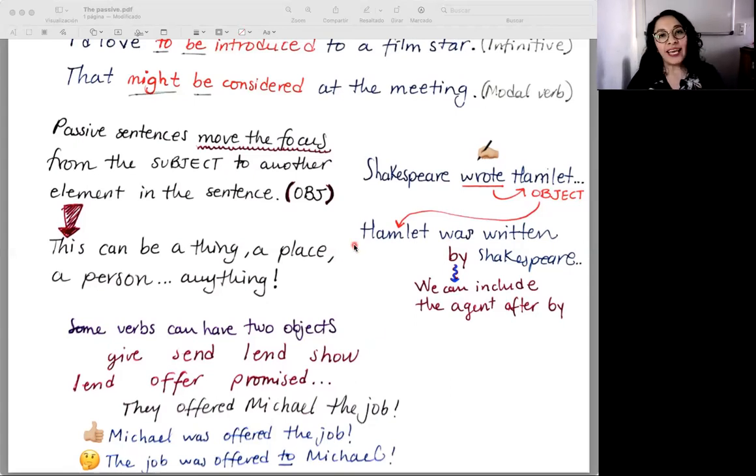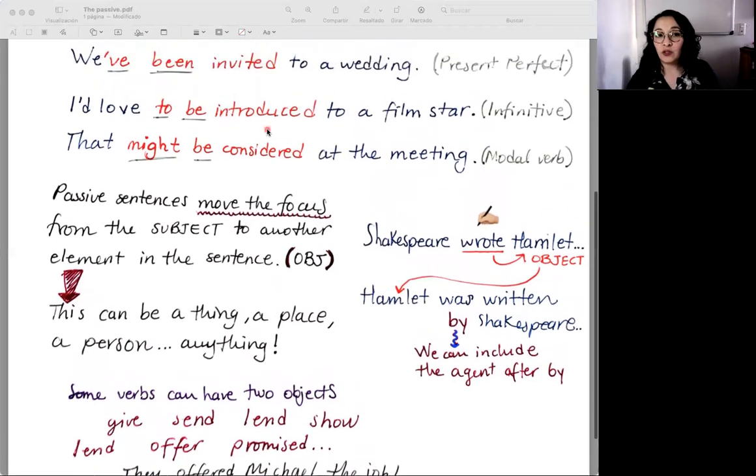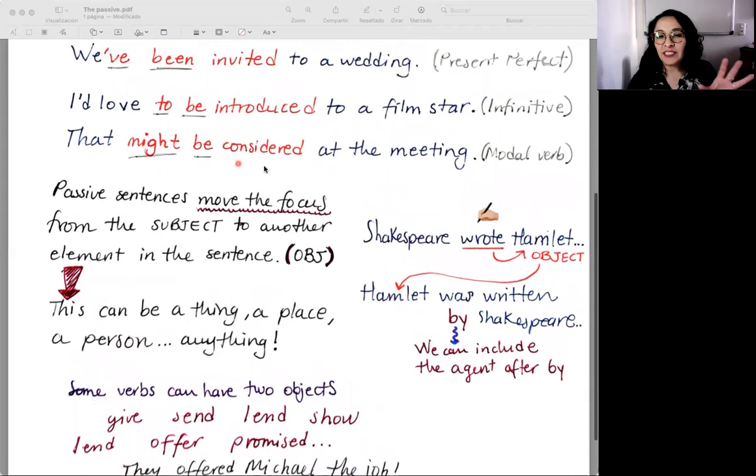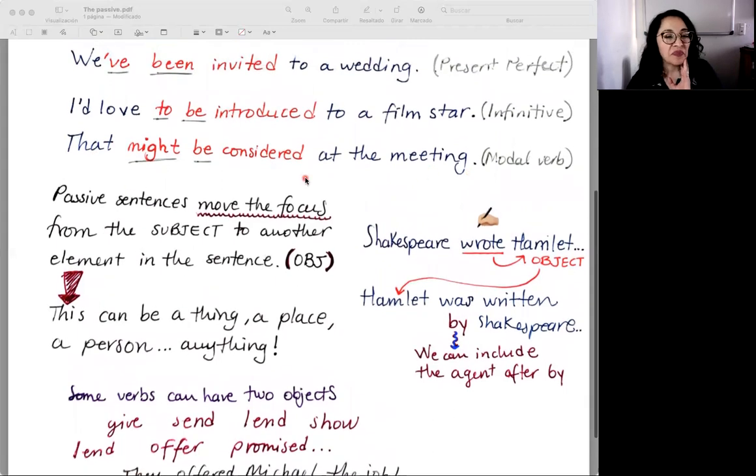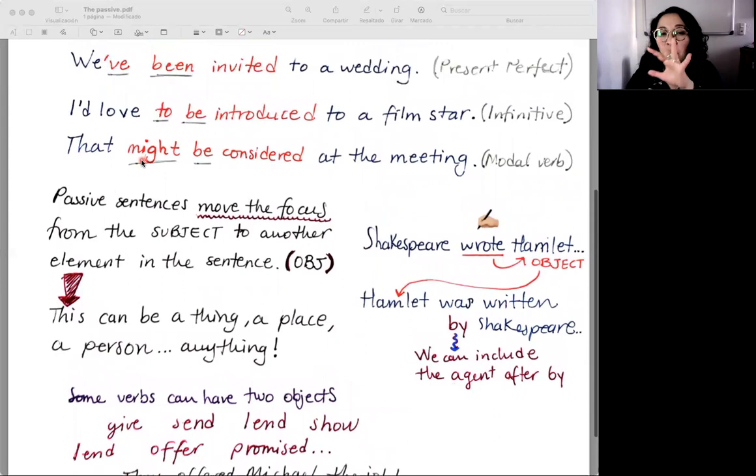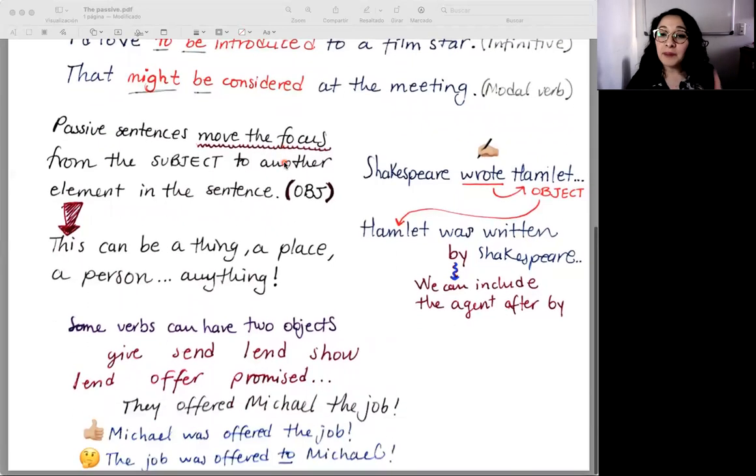I mean, yeah, we can translate directly a sentence into Spanish, like that might be considered at the meeting. Puede que eso sea considerado en la junta, ¿no? Eso podría ser considerado en la junta, eso que mencionas, ese tema, ese asunto, podría ser considerado en la junta, and we can translate directly, but